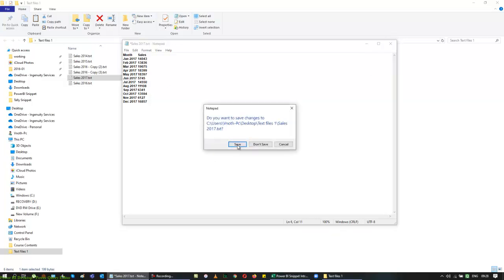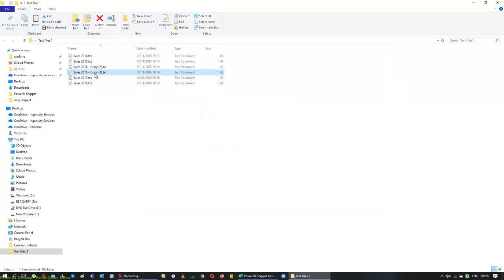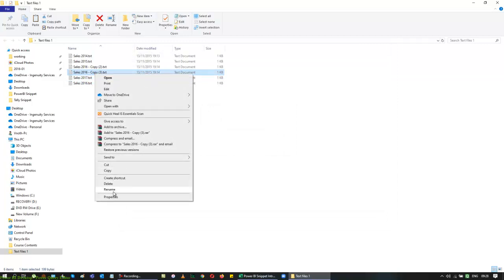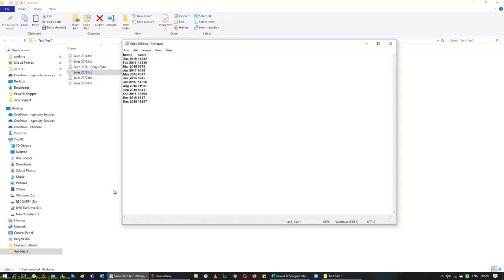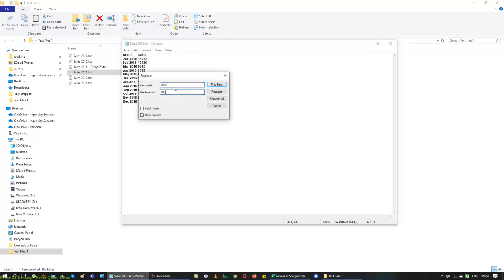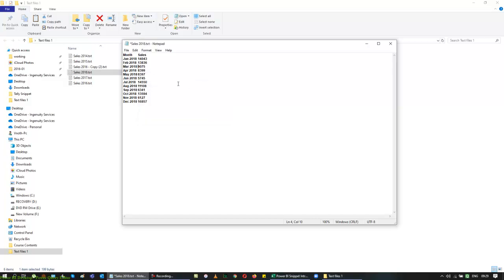Close it, save it, and I'm going to rename this file now and call that the 2018 file. Open that and go back to the edit, replace the values. I'm just doing what is required here, that's it. And then I'm just adding 20,000, 10,000, 10,000, 10,000 here.